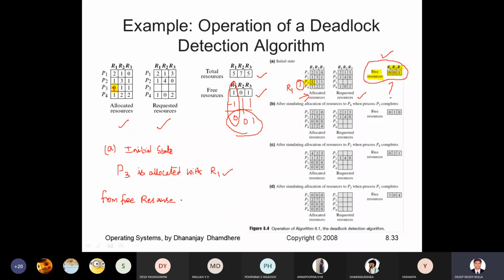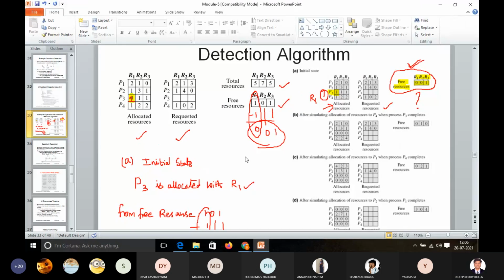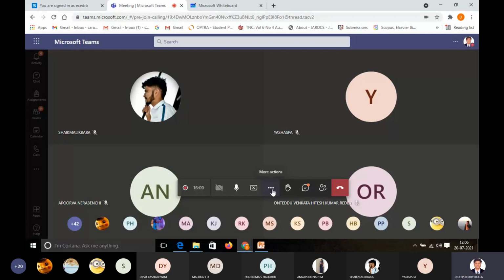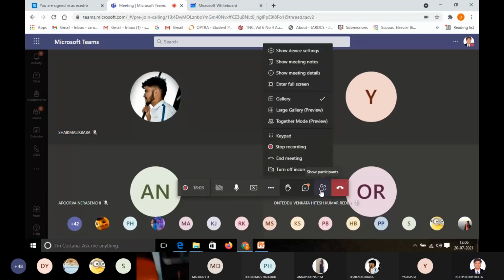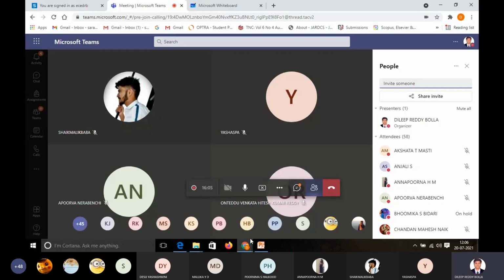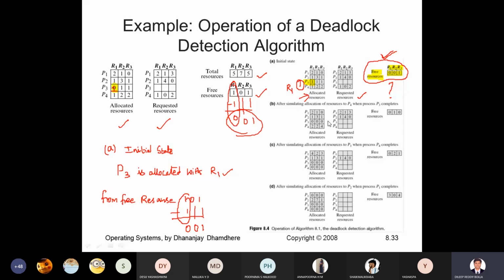Okay, so free resource is 101. We need to subtract this resource correspondingly. So this will become 0. This already by default is 0. This is 1. So the free resource available here is 0. So is this first point clear? A part is clear to you all? Any doubt in this? Is that clear? All right. So let us look at how this second portion will happen.